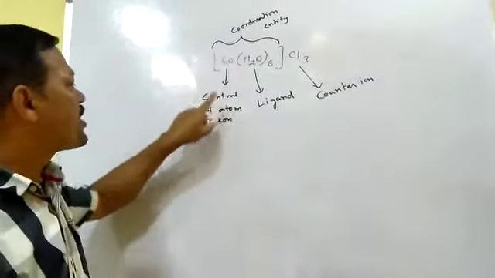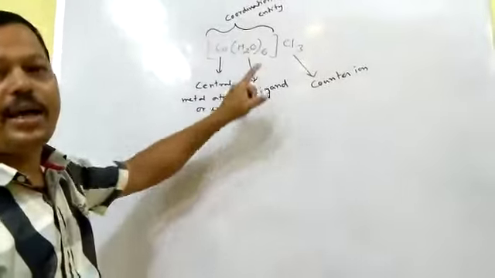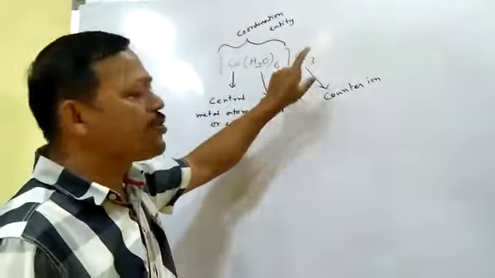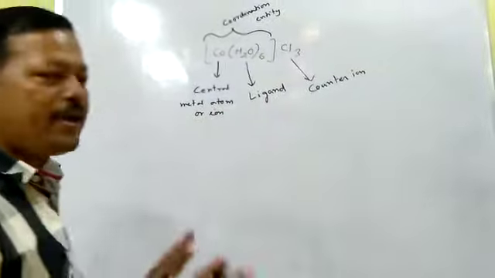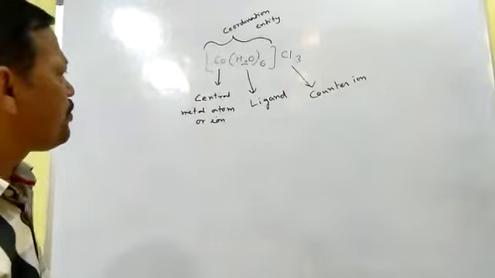The metal is called the central metal atom or ion. The molecules present with the metal atom are called ligands, and the ions outside the square bracket are called counter ions. So in every complex you will get this type of ligand and central metal atom. Now